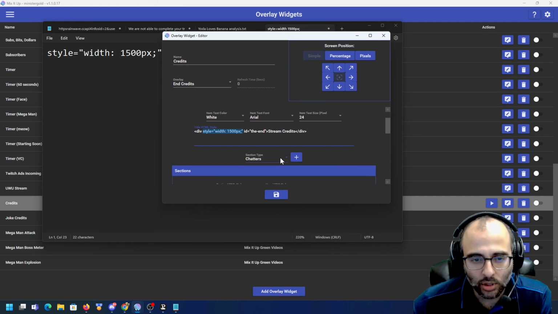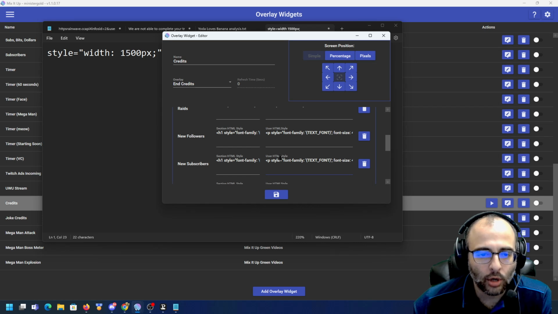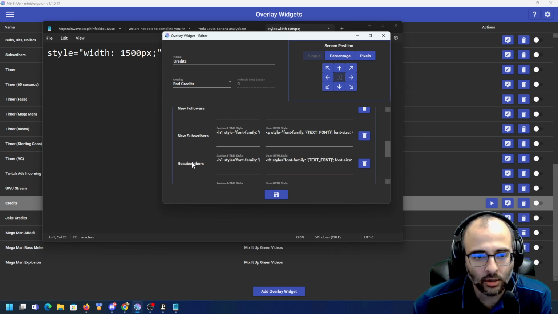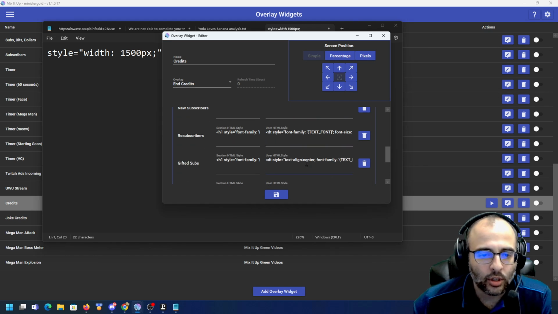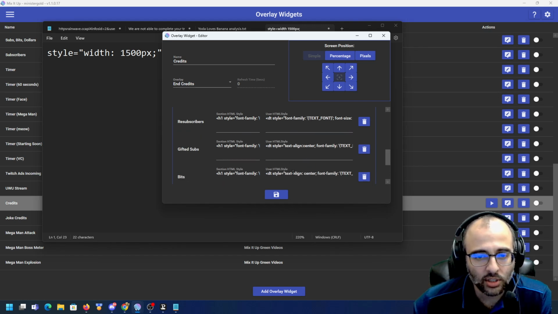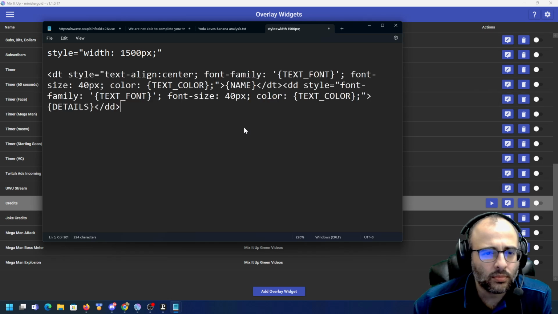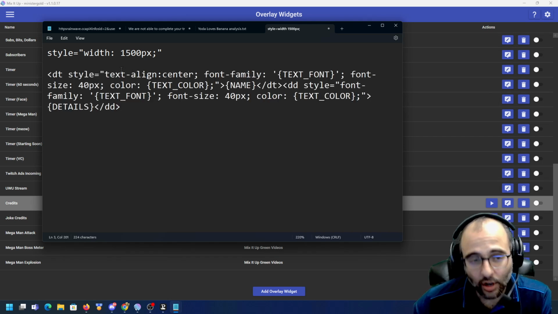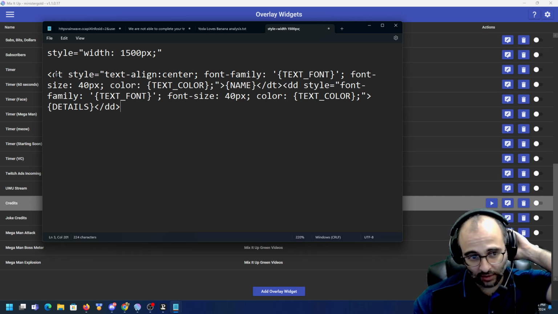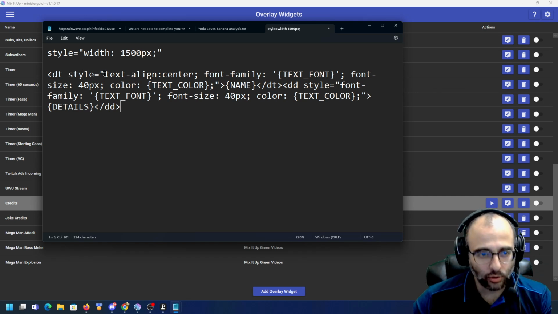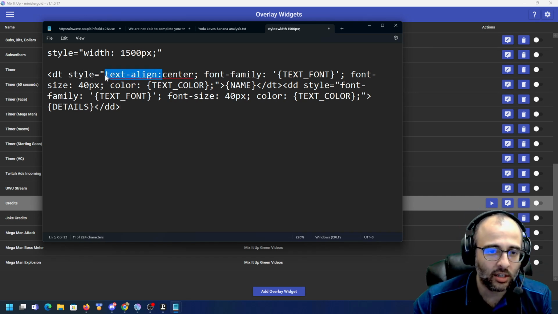Also, keep in mind when we do this, you will have to update the alignment for some of your other sections. So for example, your gifted subs and your bits, I put a text align colon center. I'll show you that real quick. If you see the alignment is kind of off, inside, at the very top of this thing, after the DT and in the quotes, type in text dash align colon center, and that'll fix the alignment